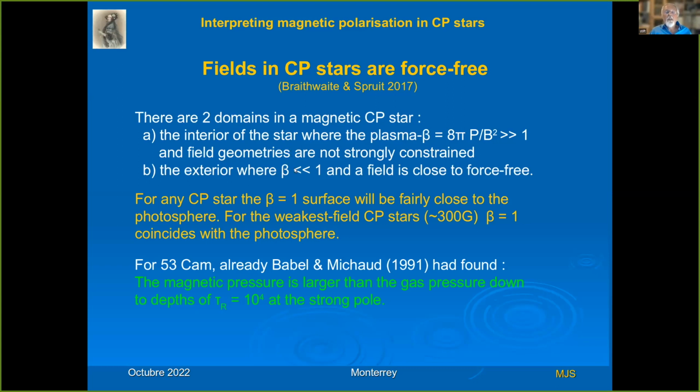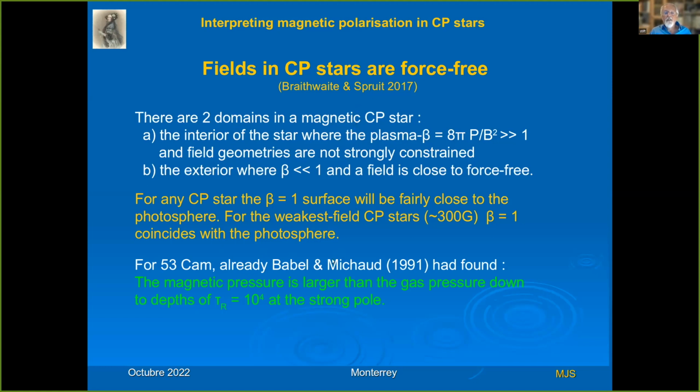But when beta is very much smaller than 1, the field has to be close to force-free. And Braithwaite and Boyd say even for the weakest CP stars, beta equals 1 coincides with the photosphere. So for strong field stars with several kilogauss or up to 20 kilogauss, of course, these fields must be force-free,